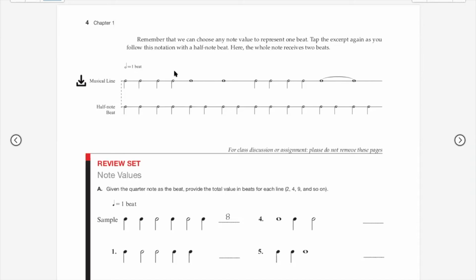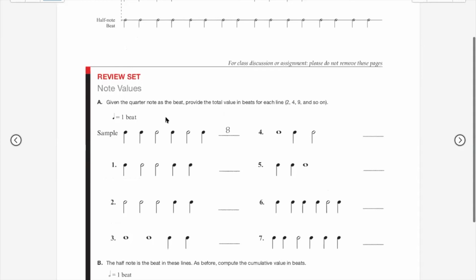one after each other. In this example, they've changed the basic representation of the beat to a half note instead of a quarter note. So this is the same kind of thing, but now these are beats. This is like 2 half notes, so that's 2 beats, 2 beats. And since these are each like 2 half notes, that would be 4 beats. Beat, beat, beat, beat, 2 beats, 2 beats, beat, beat, beat, beat, 2, 3, 4. And down here, they're just showing how the constant pulse is represented by the half notes.